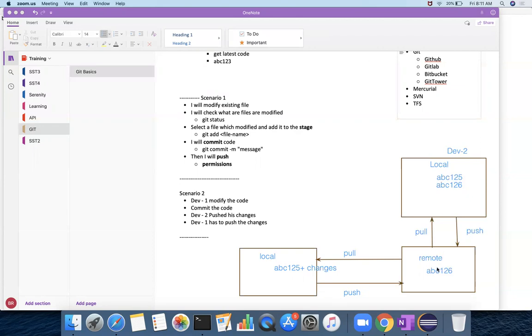In simple words, the repository changes are not in your local. So without getting them, you cannot make this push. That is what it is going to tell you.